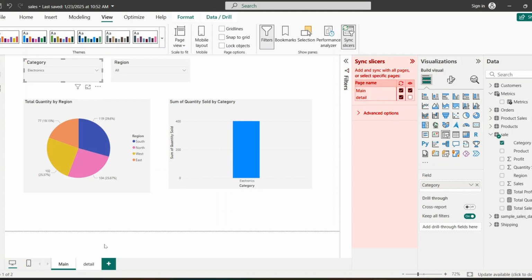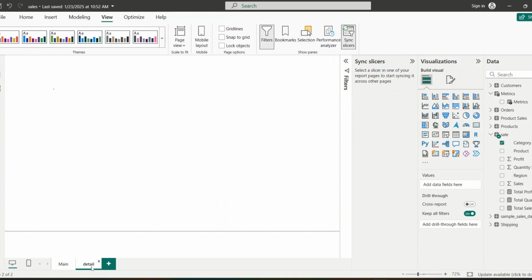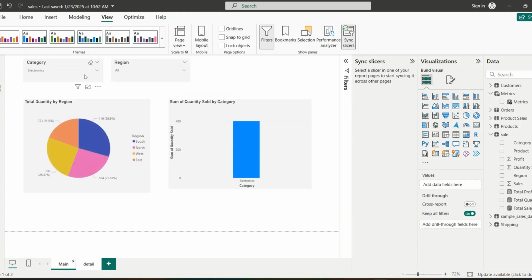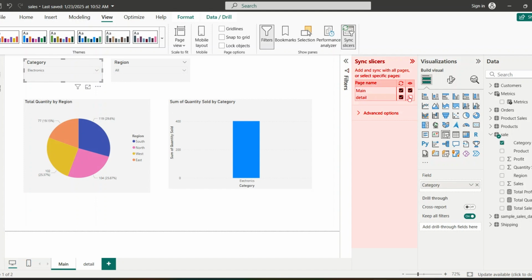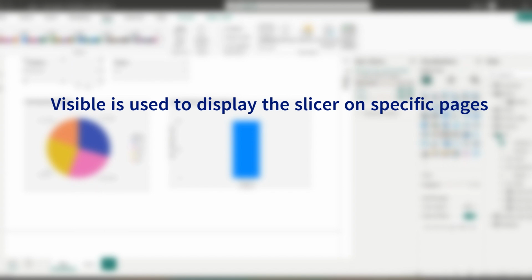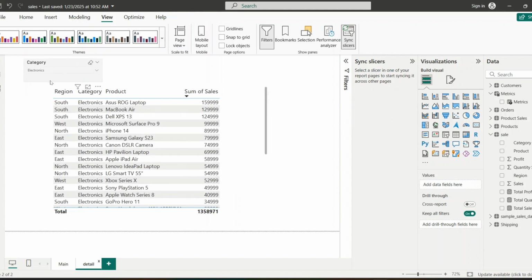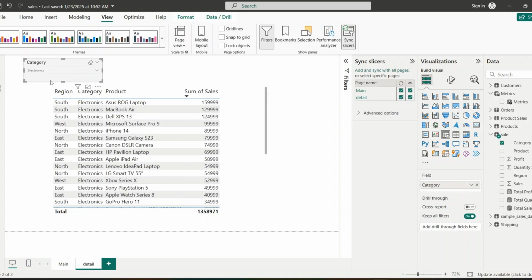But in the detail page, what if I want to change the category to apparel? Here I do not have the slicer option, right? So we can also make that visible. Go to the main page, click on category and check this visible option. This visible option is used to display the slicer on specific pages. When we check this on, we can see the slicer on the next page as well. So when I go to the detail page, you can see that we have the category slicer there